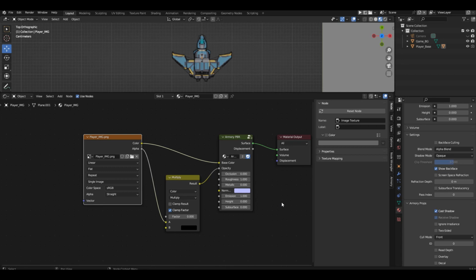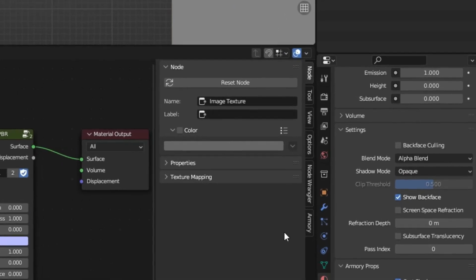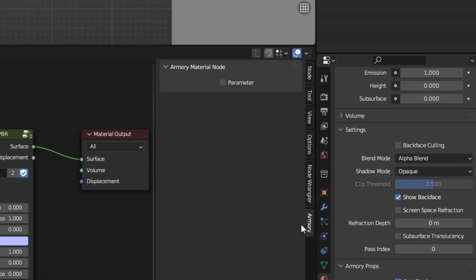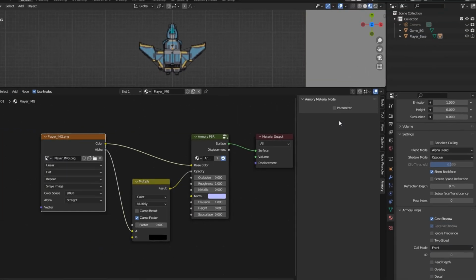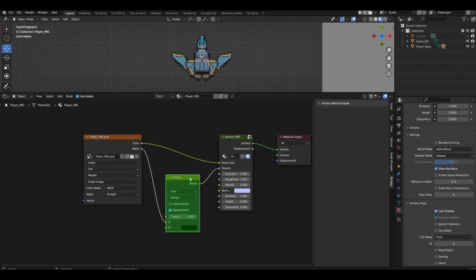So here we go. Let's select the texture and go to the Memory tab in the right panel. There, we'll see a very important parameter called parameter. If we see it there, it means we can link the selected block to a logic branch. But if we select the color mix block, we'll see that the parameter is missing. And that's quite sad, because we need to change the value of the factor precisely on this block.